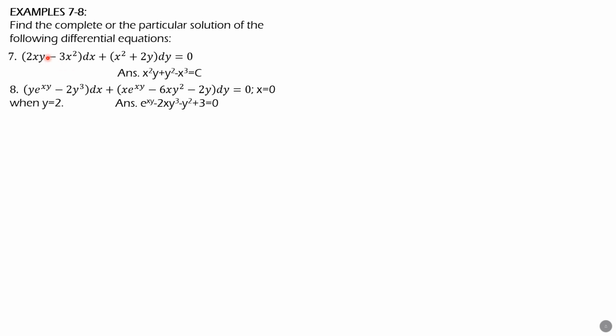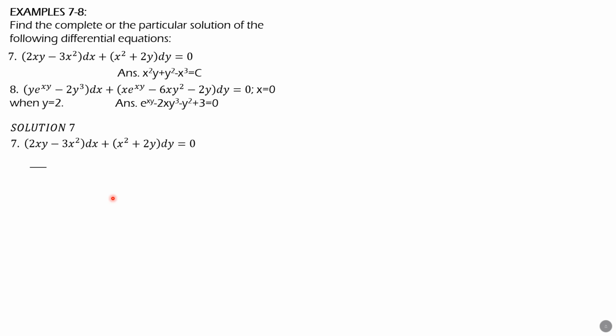This is M with respect to y. So y is the variable. So 2x is constant and 3x squared is constant. So the partial derivative of this with respect to y would be 0. And this one with constant 2x times derivative of y, which is 1. So it is 2x. So partial of M, this is the given differential equation.